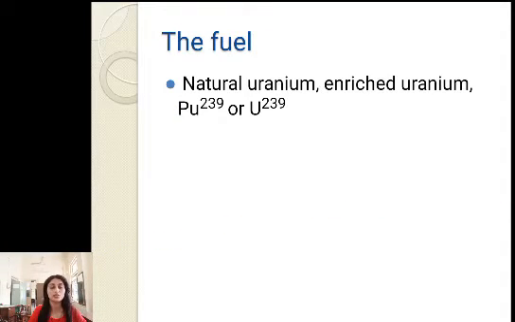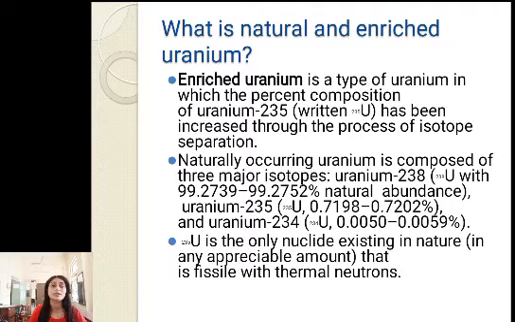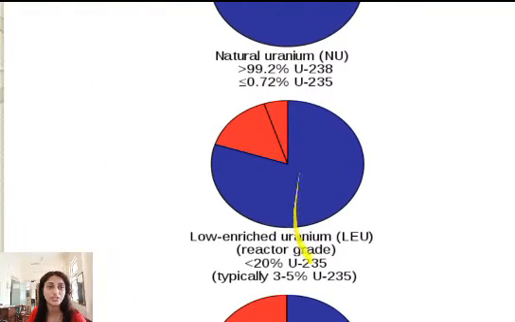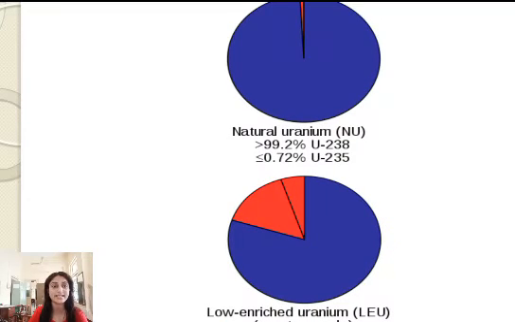Then the fuel. Natural uranium, enriched uranium, plutonium-239 or uranium-233 are generally used as fuel. What is the difference between natural and enriched uranium? Enriched uranium is a type of uranium in which the percentage composition of uranium-235 has been increased through a process of isotope separation. Natural uranium has 99% uranium-238